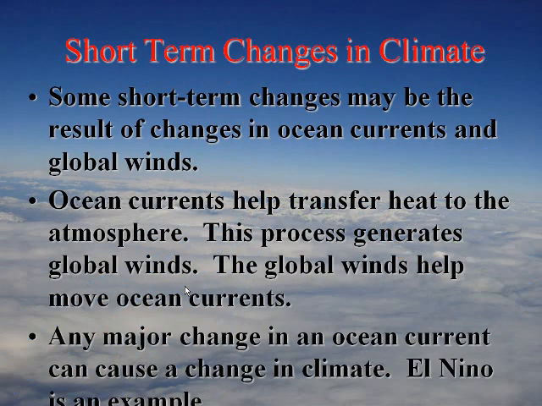The short-term changes in climate result from ocean current change, wind change, very basic stuff that is very hit or miss. Currents help transfer heat to the atmosphere, and that generates global winds. So the global winds help move the ocean current. So you see the very cyclic nature of all this stuff. Any major change in an ocean current can cause a change in climate. So El Nino is an example of that. This is why we're so worried about the ice melting, because that throws off the temperature, which throws off the ocean currents, which just gets everything crazy and